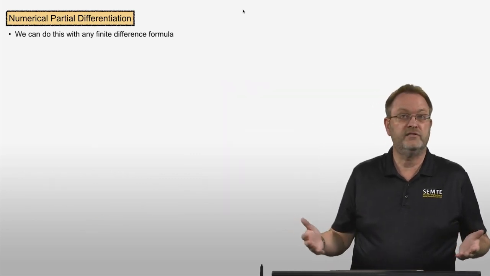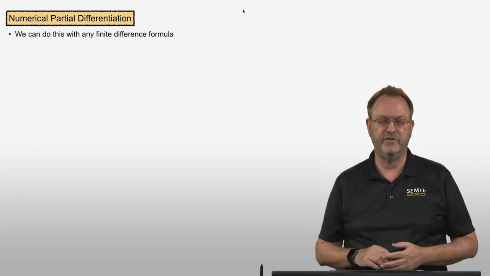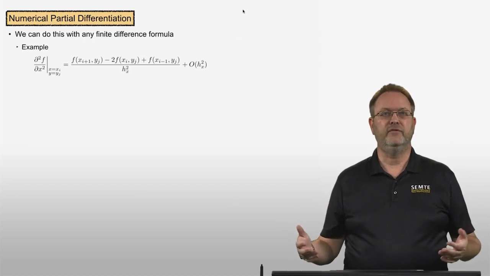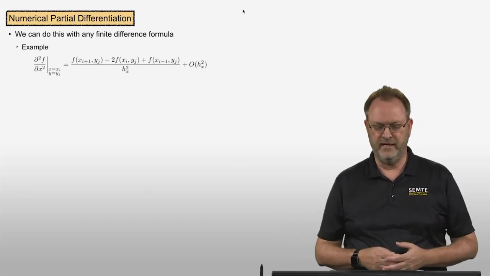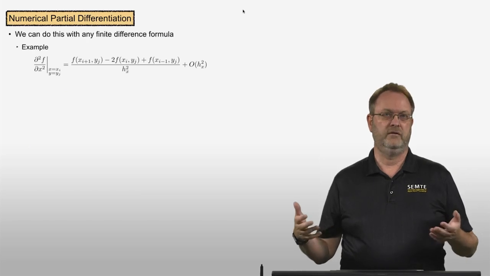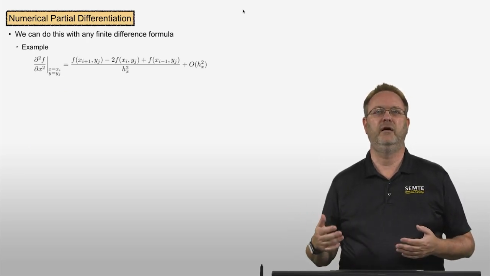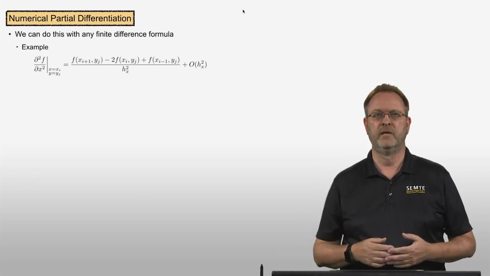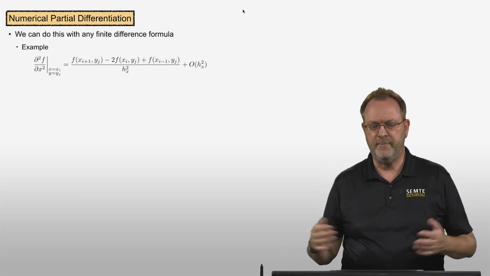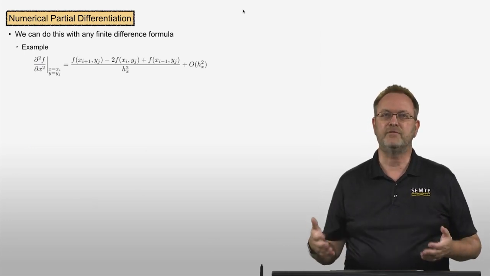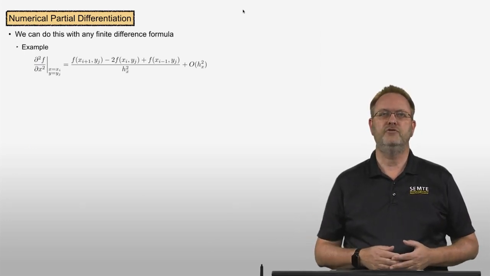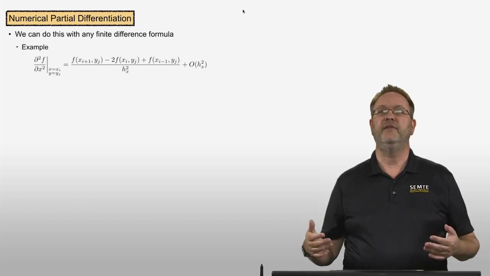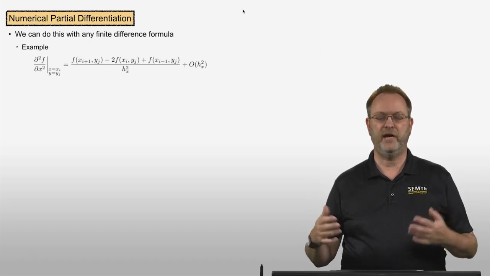Now, we can do this with any of our finite difference formulas. So here's another example. The second derivative using the 3-point central formula, that was in 1D, f at i plus 1 minus 2 f_i plus f_{i-1}. But now as a partial derivative in 2 dimensions, that would be f at x_{i+1}, y_j minus 2 f at x_i, y_j plus f at x_{i-1}, y_j divided by h_x squared, and this is a